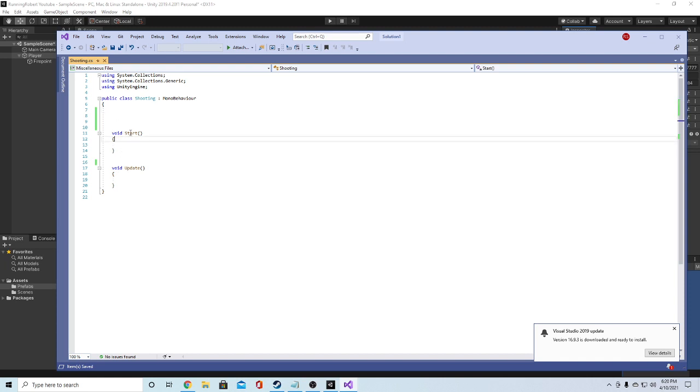So in our void Start here, we actually don't need that. There's nothing that we want on Start, so we're going to go ahead and delete that. Our void Update is something that we're going to put in. So we're going to actually go look at our shooting key. So we're going to go if